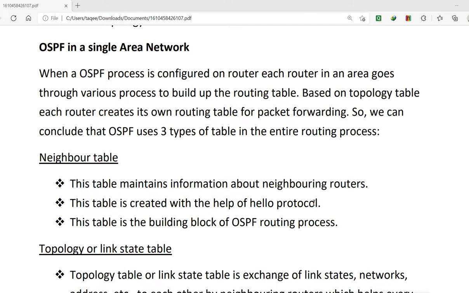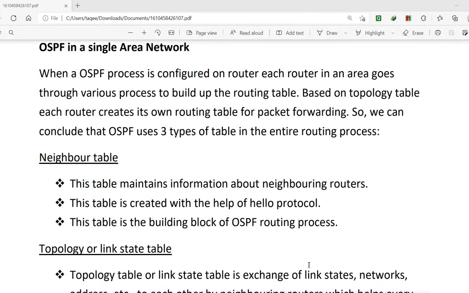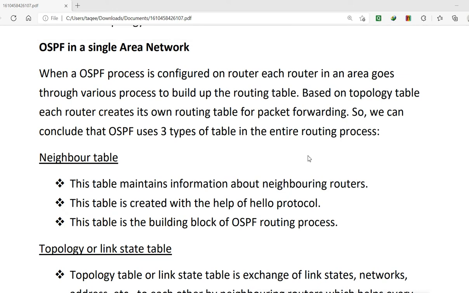Now, if you don't want to configure it in multiple areas, then by default we configure it with the single area. And when we configure it in a single area, we configure it as area 0, like the backbone area, so that if you want to configure other areas, you can configure them easily. You can expand the areas, but remember, all those areas will still remain under the same routing domain, under the same autonomous system.